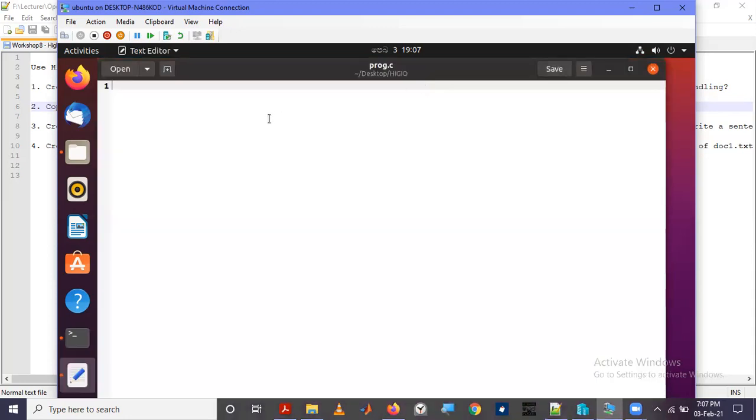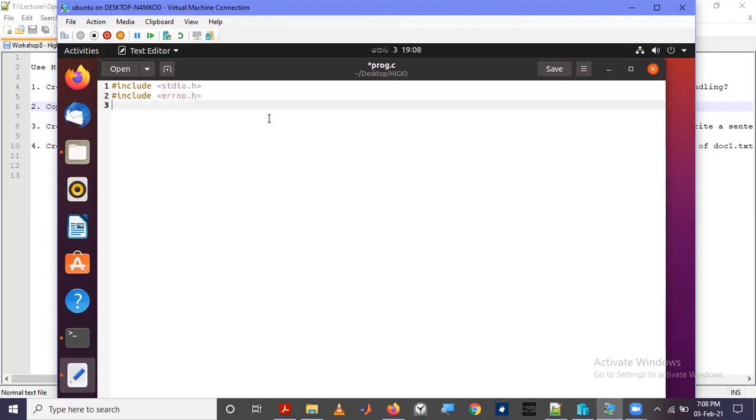So first of all, we'll include the libraries. For the high level file input output model, we need to include the stdio.h library, and to print the error, we need to include errno.h.